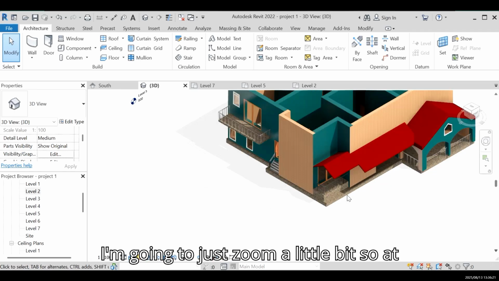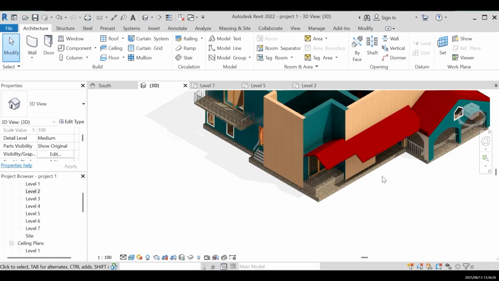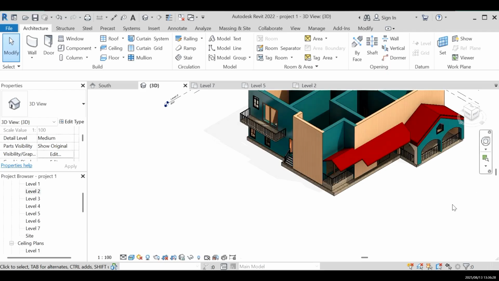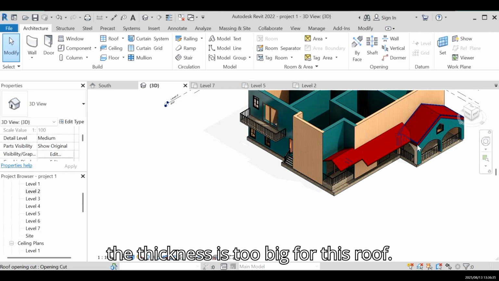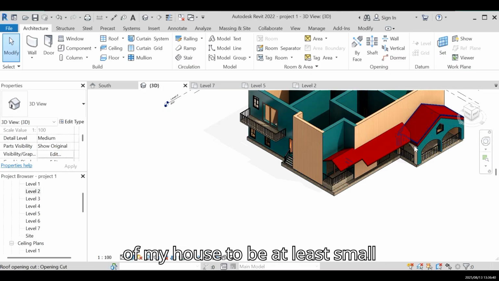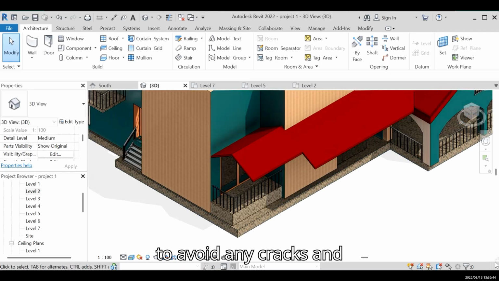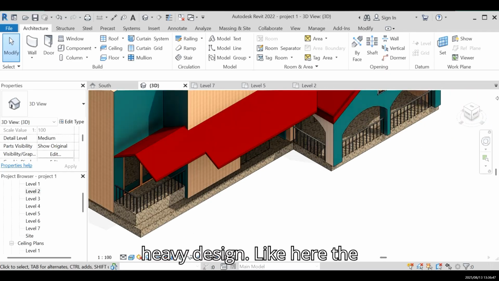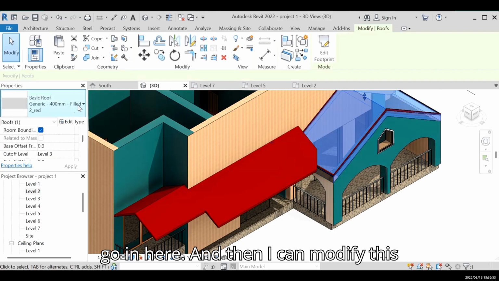And I'm just going to zoom a little bit. So at least my column should support my roof. Here I will change the roof, I think the thickness is too big. I need to keep the total weight of my house small to avoid any cracks and heavy design. Like the previous one that I did, I can just go in here and modify this one